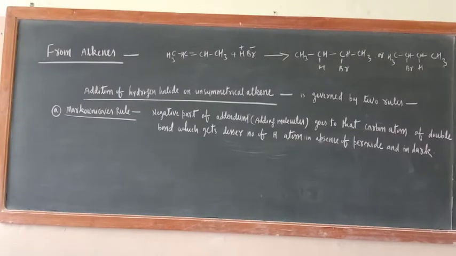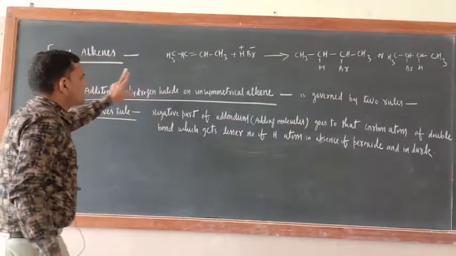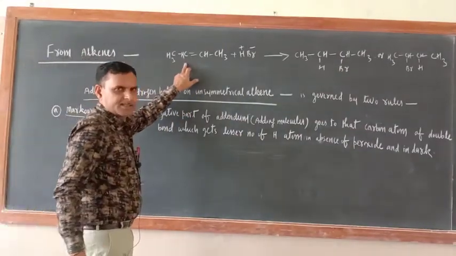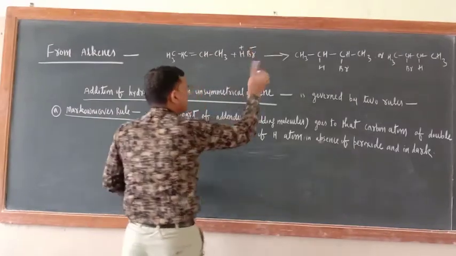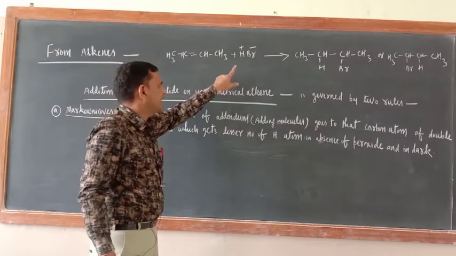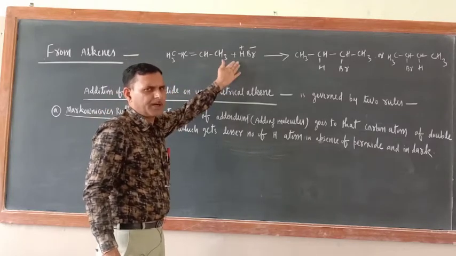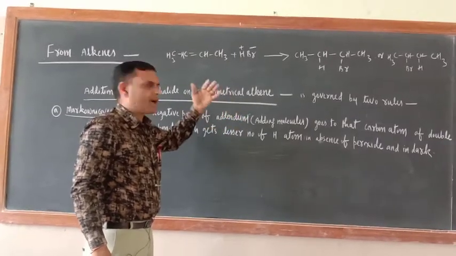From alkene. So just see. Now in symmetrical alkene, just see symmetrical alkene. This is HBr. This is the negative part. I am repeating this one because I taught with the help of HX. Here I am taking individual example. You can take HCl. Hydrogen halide means HCl, HBr, HI.